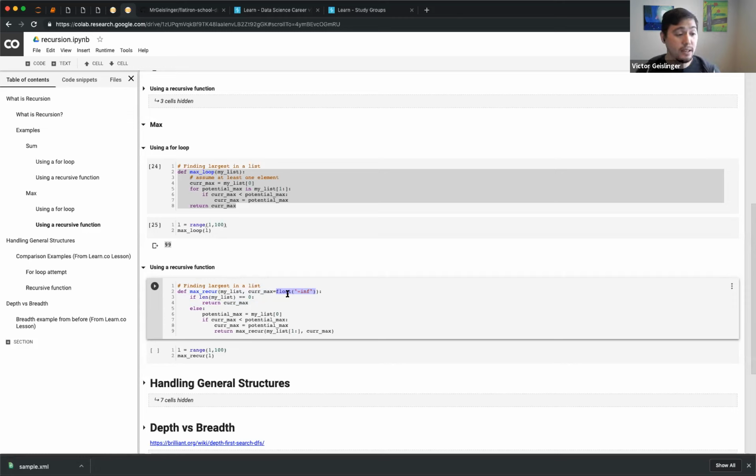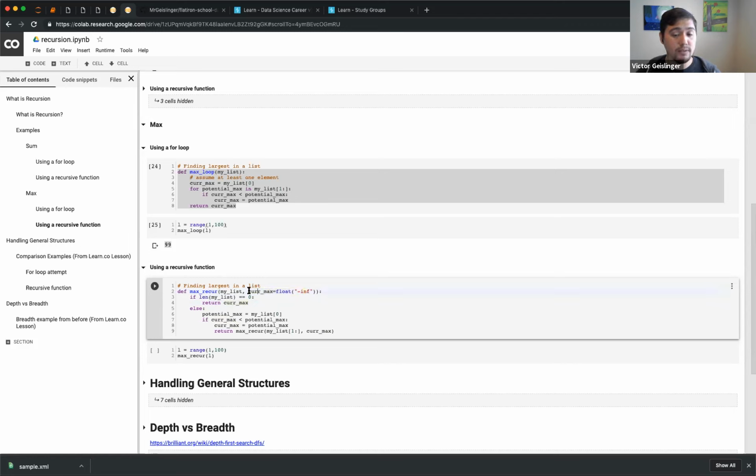It's nice because we have a negative infinity, so everything is bigger than it. If I have any numbers at all, they'll always be bigger than this. If I don't have any numbers, then in this way our maximum is negative infinity, and that's just a definition. You could have returned something else, but this is how you can approach it. This is our edge case, our stopping case: if our list has nothing in it, we just return the current maximum, which in this case would be negative infinity.